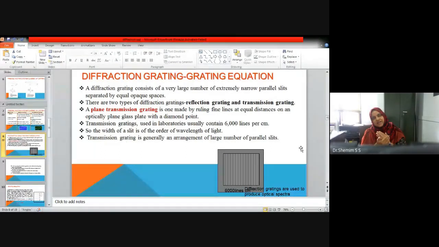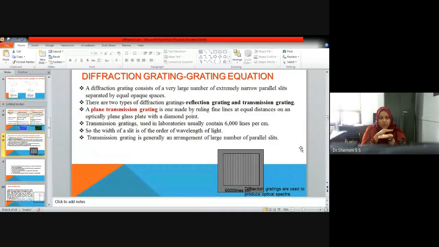A grating can be constructed by using a plain glass plate, and on this glass plate parallel slits can be made using the fine tip of a diamond. Using the fine tip of a diamond, slits are made on the surface of a plain glass plate, and that will be a real grating. And on top of this glass plate with the fine rulings, pour a solution of gelatin. Gelatin solution is poured over the surface of this glass plate with the fine rulings.